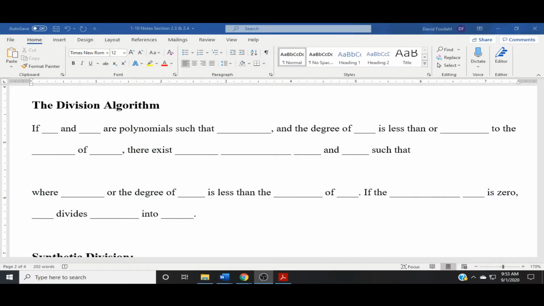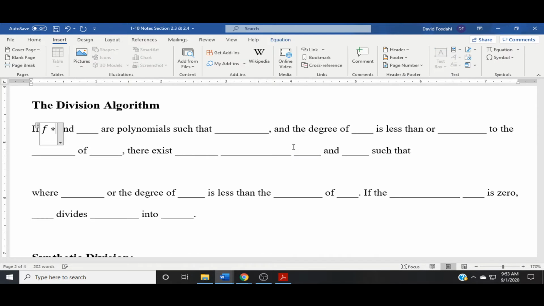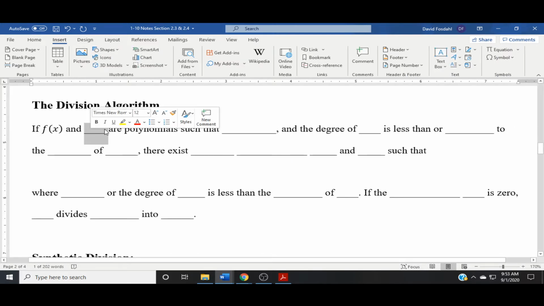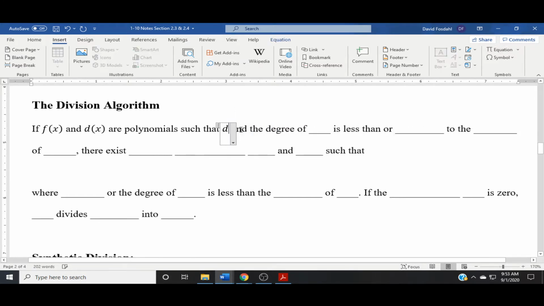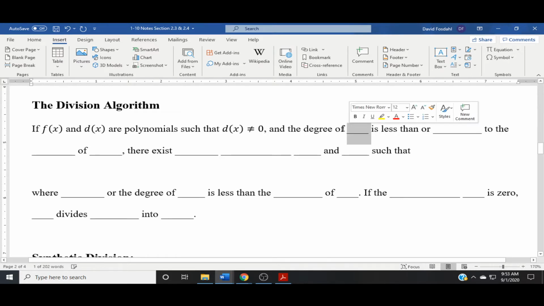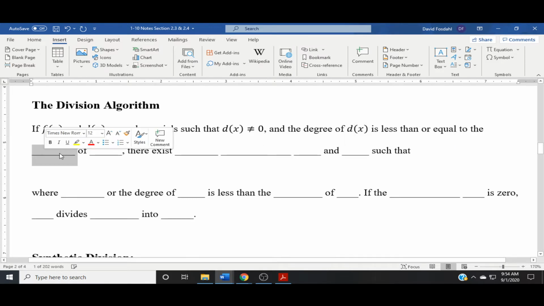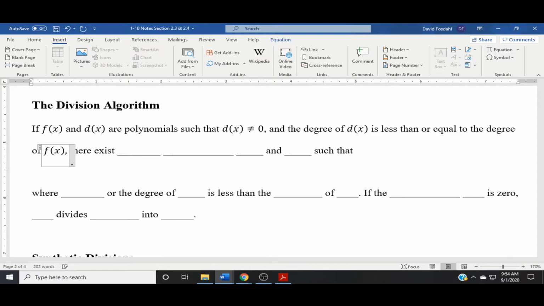Okay. So the division algorithm. If f of x and d of x are polynomials such that d of x does not equal 0, and the degree of d of x is less than or equal to the degree of f of x, there exist unique